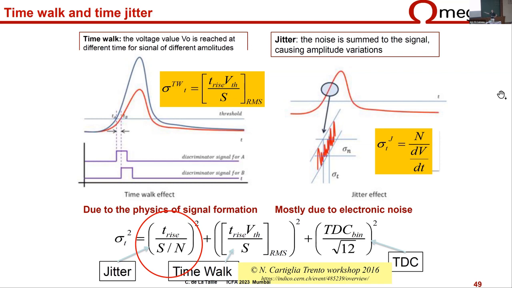So this is something that has been known for decades at least. There are many ways to go around this thing. The simplest one is when you know the amplitude, you know the correction that you have to make, and then you just correct. There are also constant fraction discriminators, where you make a sort of combination of the signal and a delayed one, and you get something which is insensitive to the signal amplitude. You could think of just making the derivative and looking at the zero crossing. So there are many ways around. I could say that nowadays, again, the lowest power option is just to get information on the amplitude